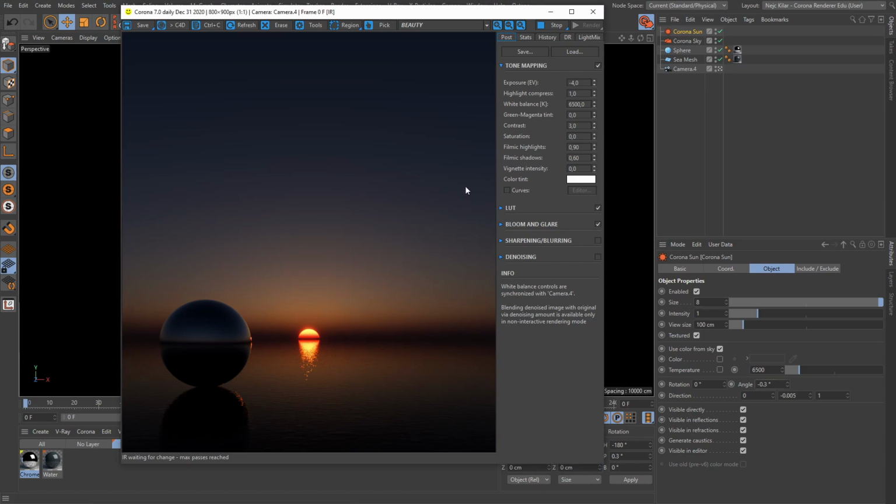Now, if we bring up the exposure a bit here, so we set it from -4 to -2.5, for example,